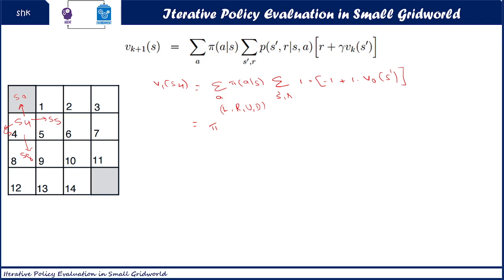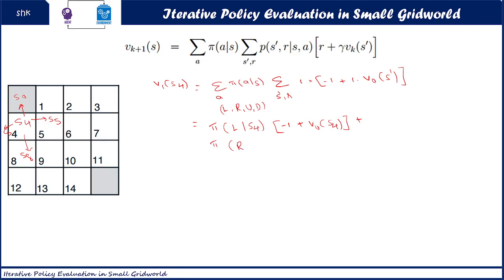So the probability of the action towards the left side from the state, now we are in the S4 state, S4, the summation we will write as -1 plus 1 into V naught of S dash. So what is S dash here? When we take a left action from the S4 state, we fall into the S4 state only. So we'll write V naught of S4 plus